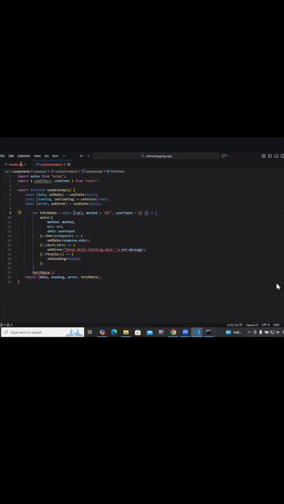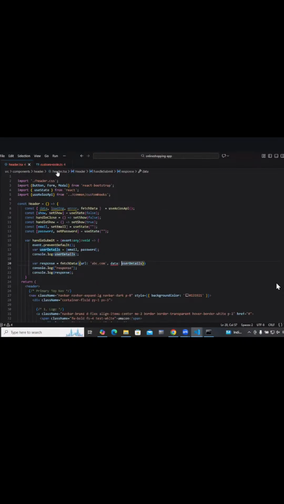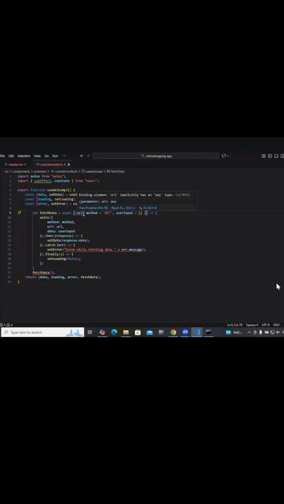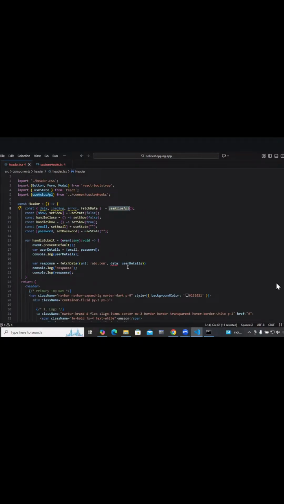Cannot destructure property URL of undefined in custom hook. This is just use Axios API.